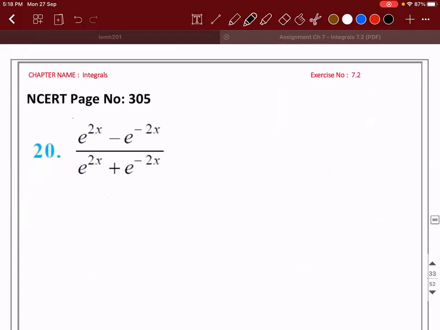We'll do the next problem. Are you able to observe something? It's the same as the last problem, sir. It is the same except the fact that the powers are 2x. So you cannot put the denominator exactly as t, because if you differentiate the denominator, what you okay, you can actually do it. Sorry, yeah. You guys do it and tell me what is the answer. Do it fast.